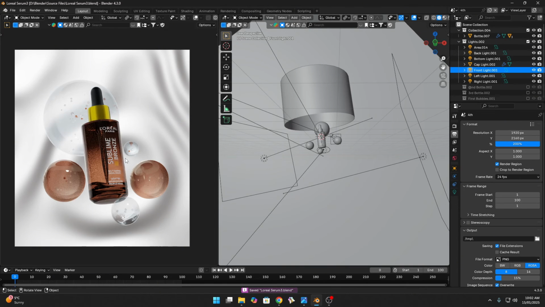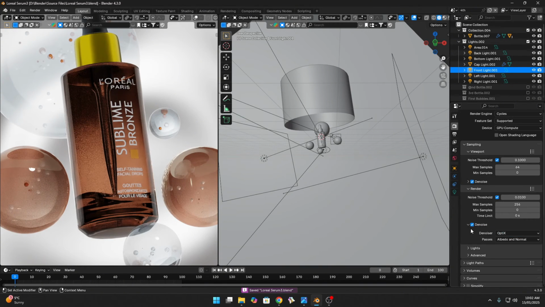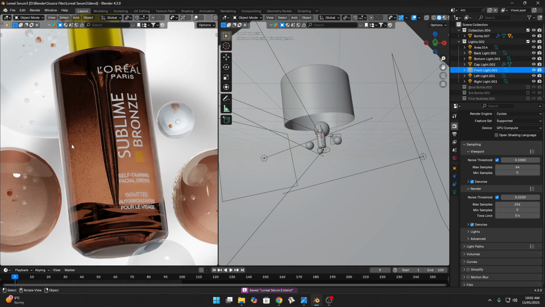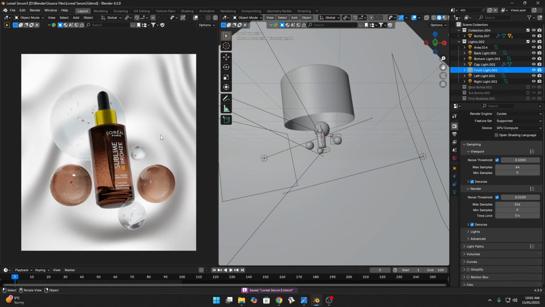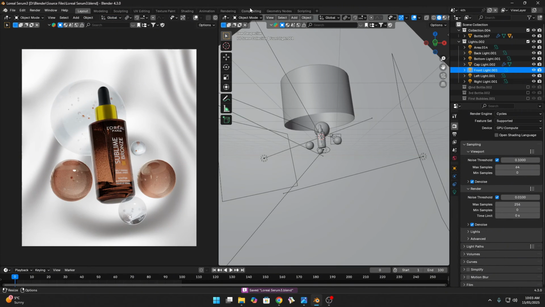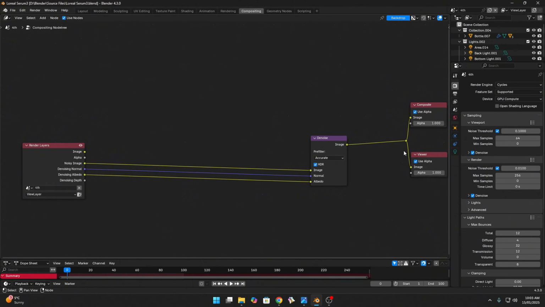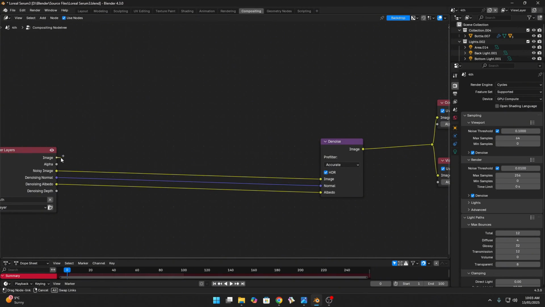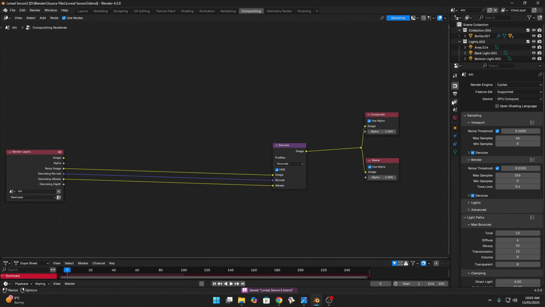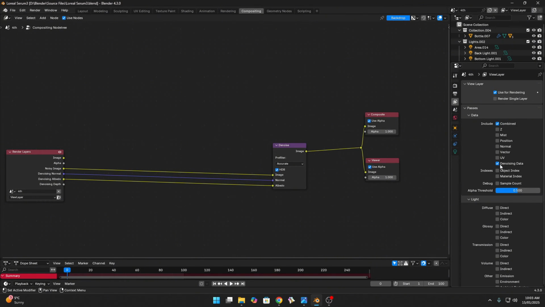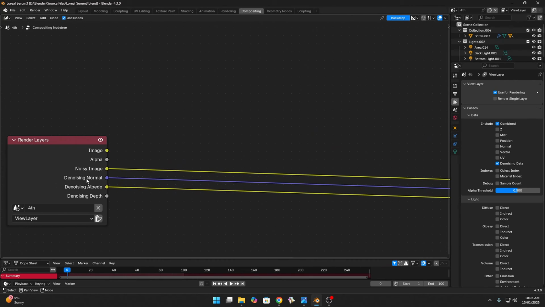So when I render this, it's mostly denoised with OptiX, but still I see noise in the glass part. So what I do to remove that noise is I go to compositing. First I press F12 here to render the image, and then add the view layer, and see your renders. And for denoise, you simply go to view layer and check this denoising data,